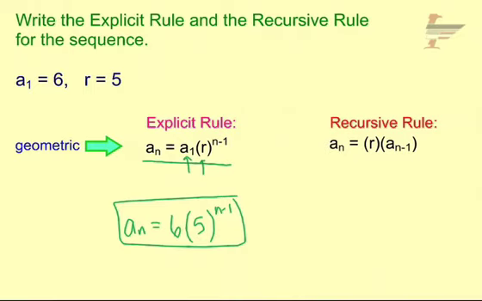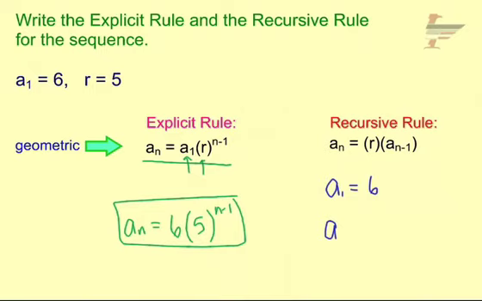Now we get to recursive rules. And a recursive rule is just a different way of writing a rule for the same sequence. It's kind of the same idea of you have slope-intercept form and standard form. Those are equations of a line, and it's for the same line, just different ways to write it. So what we have to remember about recursive rules is you have to tell people where to start, because recursive rules build on the term before it. So if people don't know what even starts out the sequence, they're not going to have any clue how to get this. So you have to identify the first term, and a sub 1 is 6,